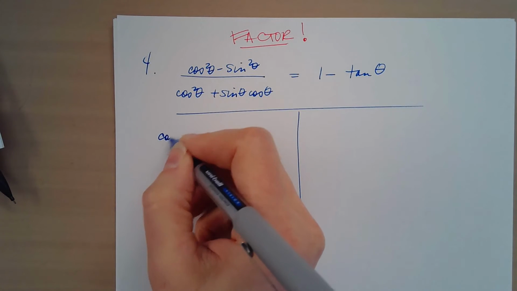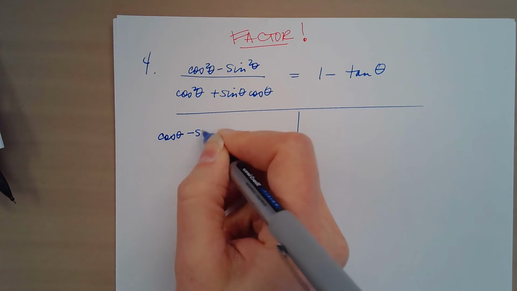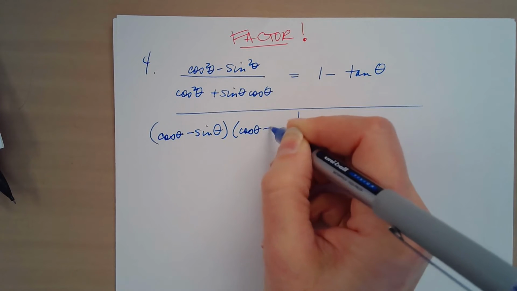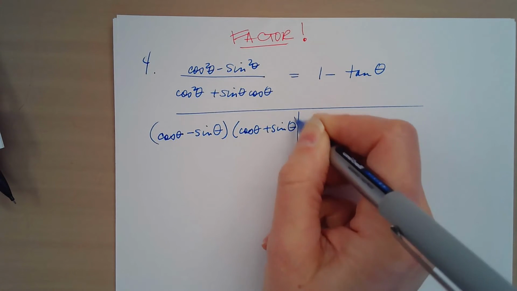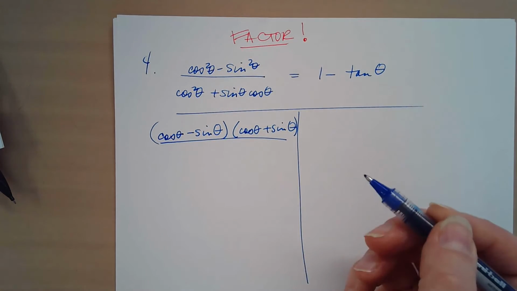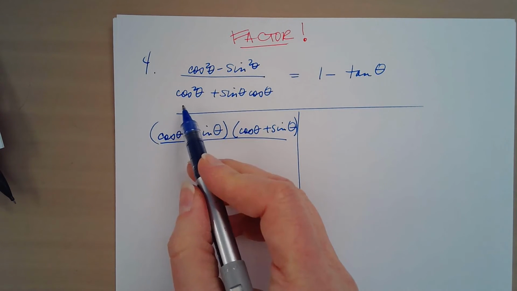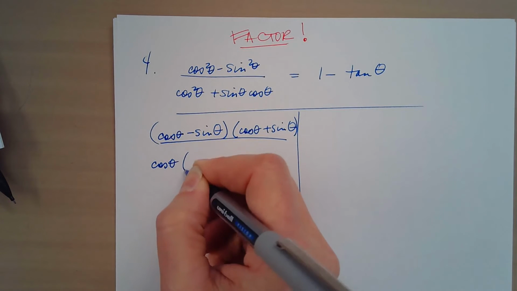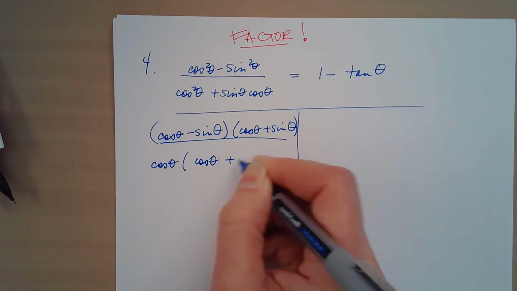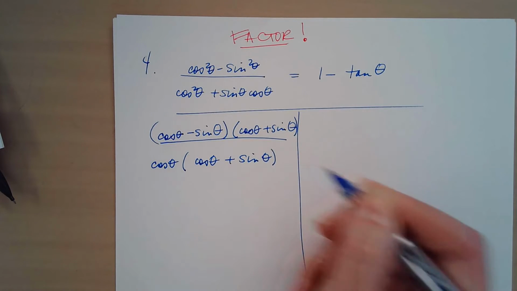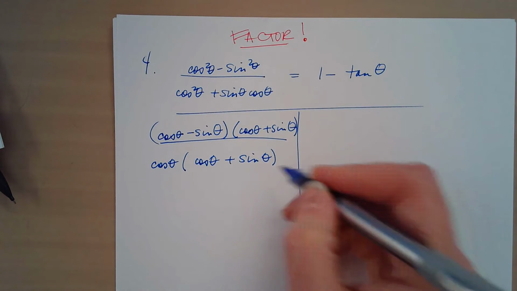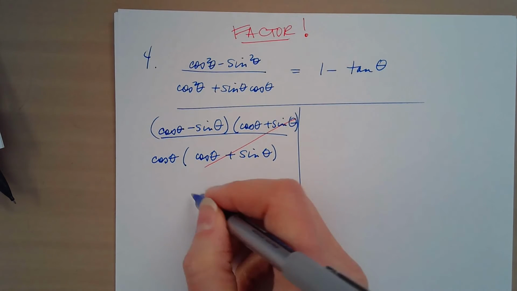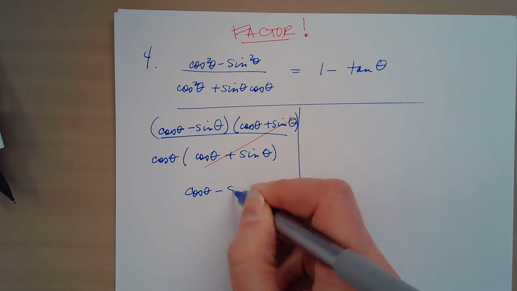Difference of squares, right? So I have cos minus sine times cos plus sine. Now, the bottom factors too, right, Joanna? Because they have a GCF, right? GCF of cos. So pull that out. So I'm left with cos plus sine. Okay, so I can do some heavy-duty canceling. These guys cancel. So now I'm left with cos minus sine